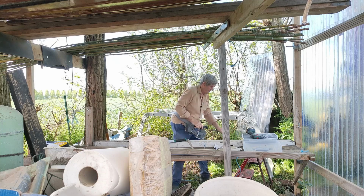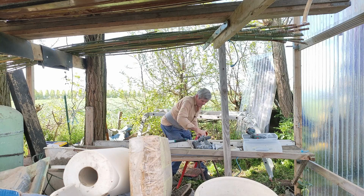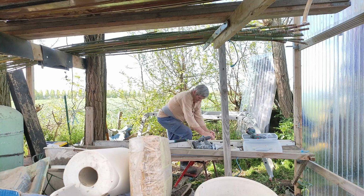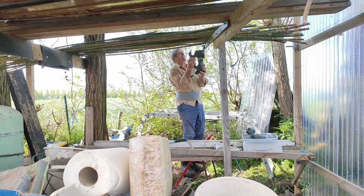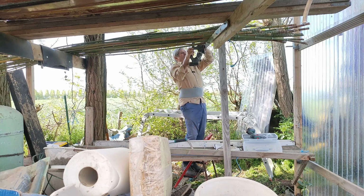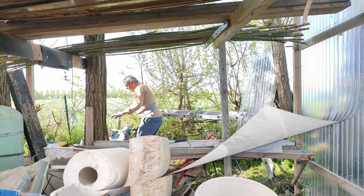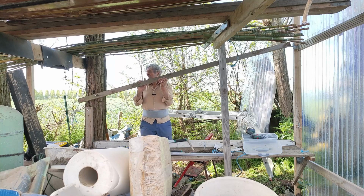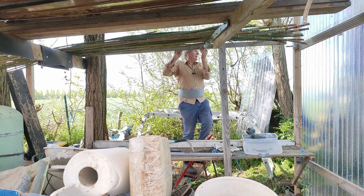That's it. Steps. I don't want to disappear out of picture when the steps collapse. Come on then, bend. That's it. It's a damn useful tool, that, isn't it? Yes. Right, here we go again. There's a convenient piece of wood at the other side. I don't think it's...